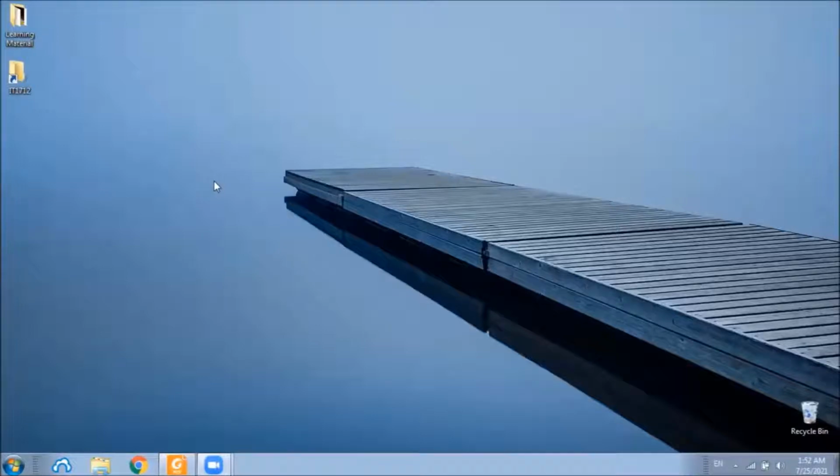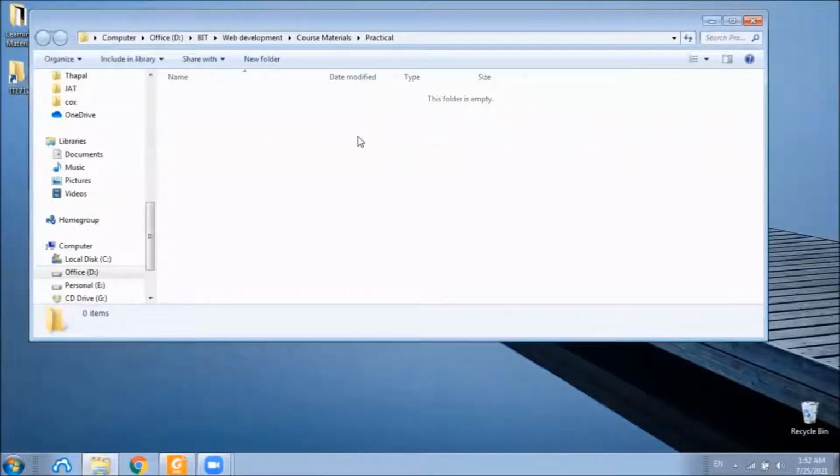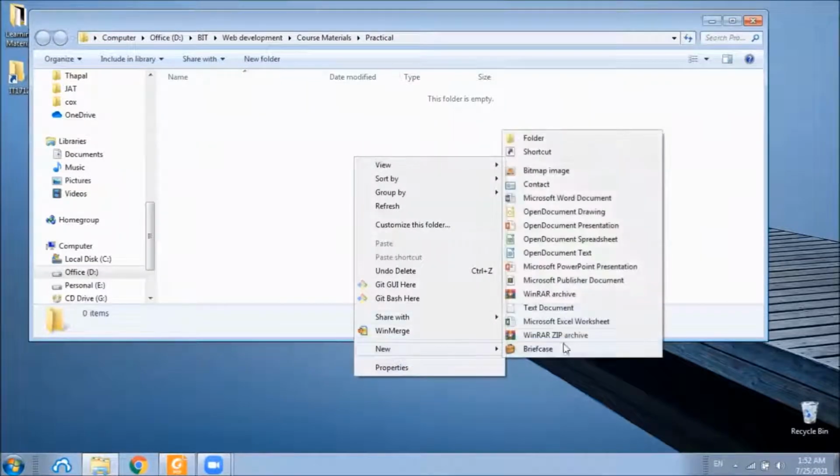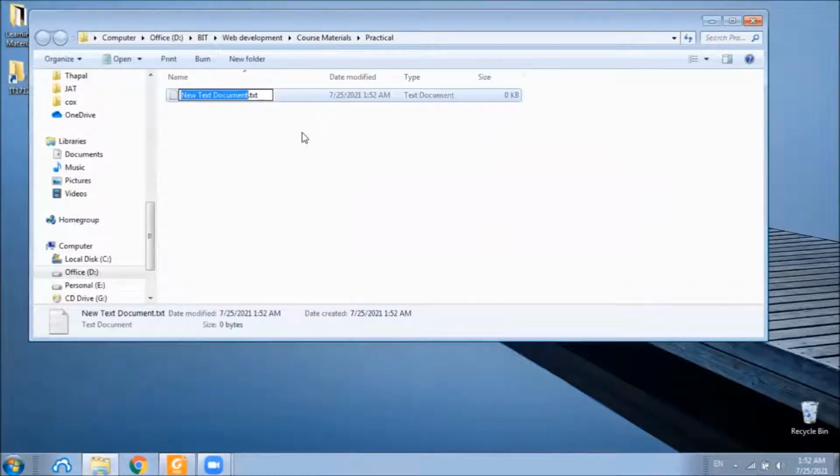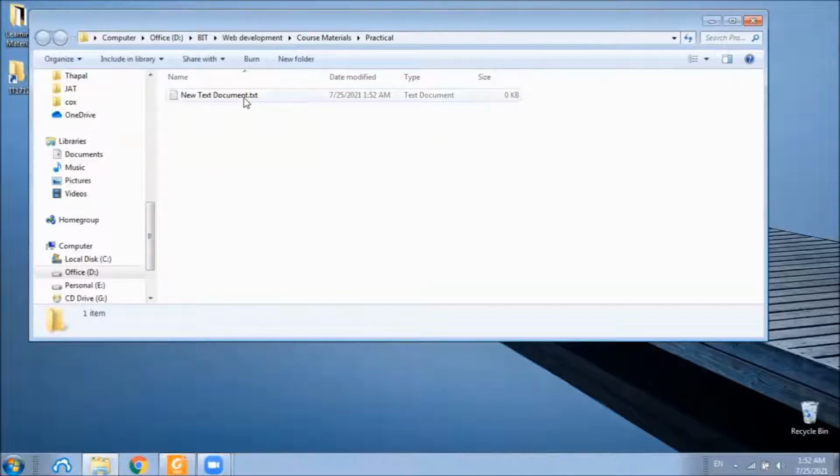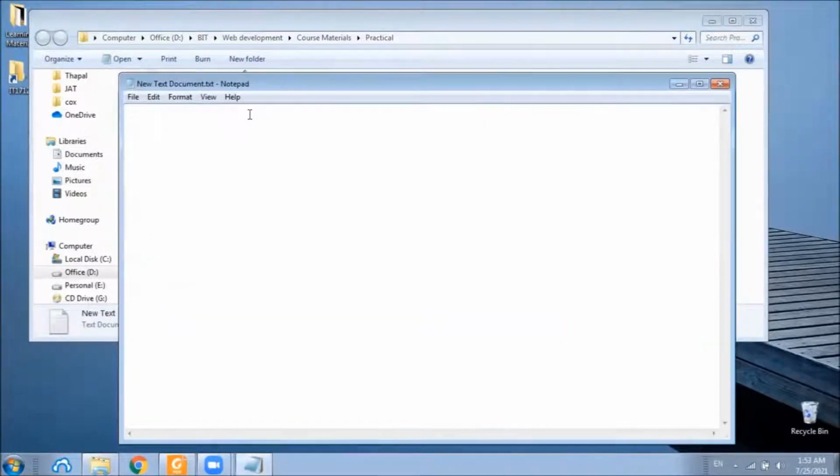Let's dive in and start creating our first HTML page. I'm visiting a folder directory in my local drive. I right-click and create a new text document here. We can name this document, but for the moment, I will keep the default naming as it is. I'm opening this document by double-clicking it. At this stage, it's okay to use Notepad as our text editor to define HTML code.